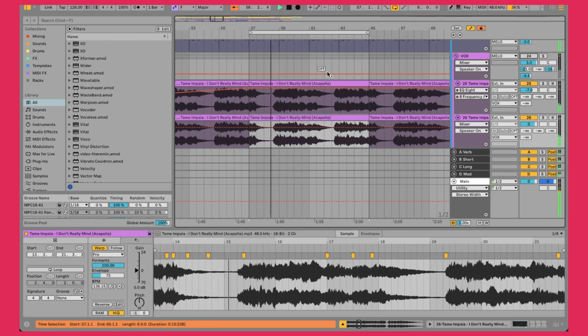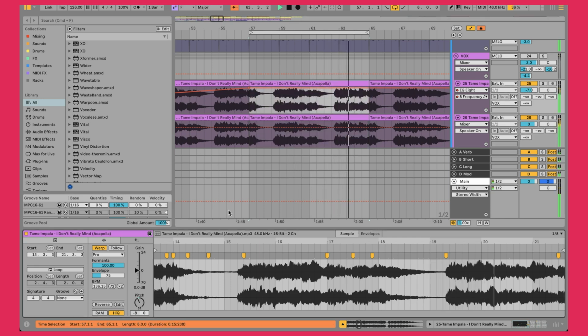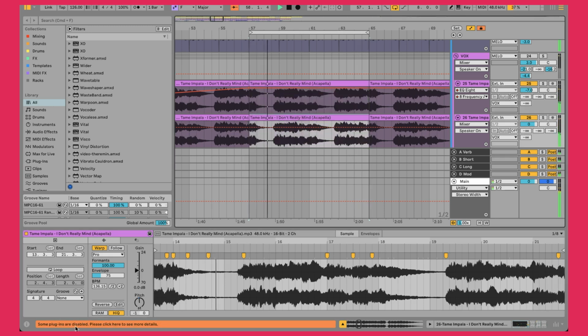And the trick I'd use for that, especially if you're not too music theory inclined, is to go over to Google and type in the name of the song and key and BPM, and that'll help you figure out what the BPM is, so that you can use the warp markers to adjust things properly, and also to adjust the pitch. And then just look up a piano roll key note. So if your song is in C and you need to get up to D, then you would go up 2 semitones by following the piano roll. I might be wrong, so double check that, but that's the idea that you can use to make things fit together, particularly when you're using samples and trying to get a remix or bootleg going.